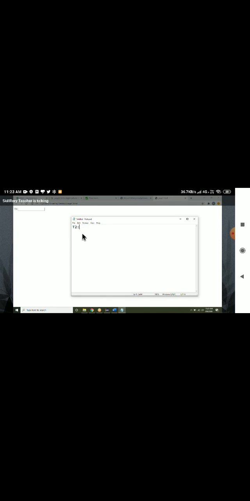In that I will give input type equals text. Whenever you want to create any text box, type equals text. If you want to create a checkbox, type equals checkbox. Then id equals D2. You can give a name also.